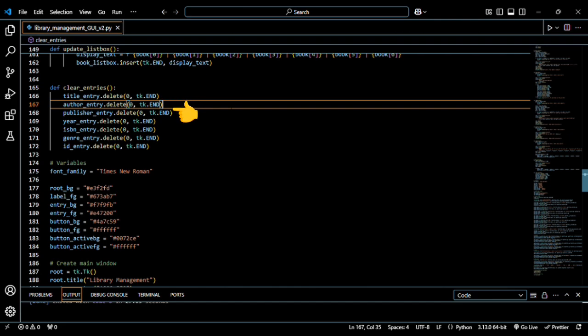Similarly, these lines clear the input fields for author, publisher, year, ISBN, genre, and ID. Each delete 0, tk.END resets the respective field, ensuring that when you add a new book or perform another action, all previous inputs are cleared. This is useful after performing operations like adding a new book, as it clears the form and allows the user to input new data without manually deleting the old values.